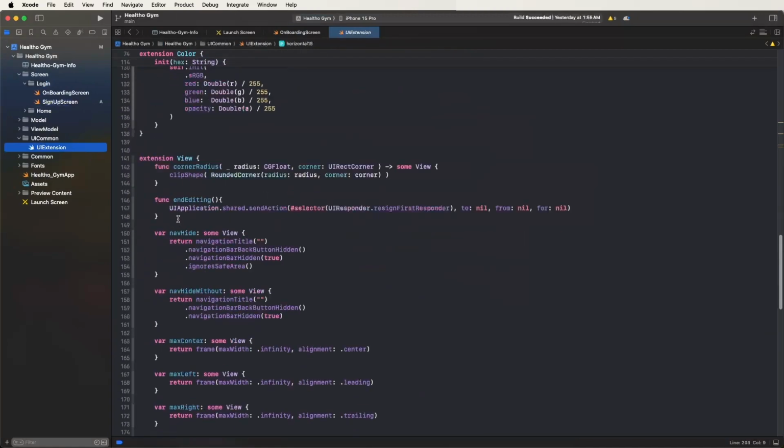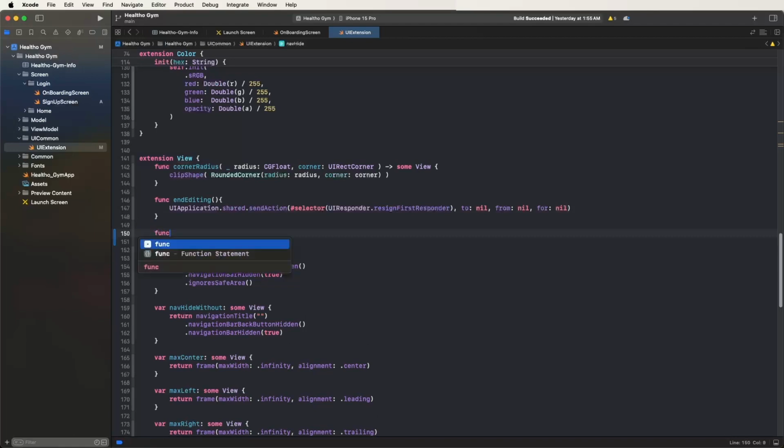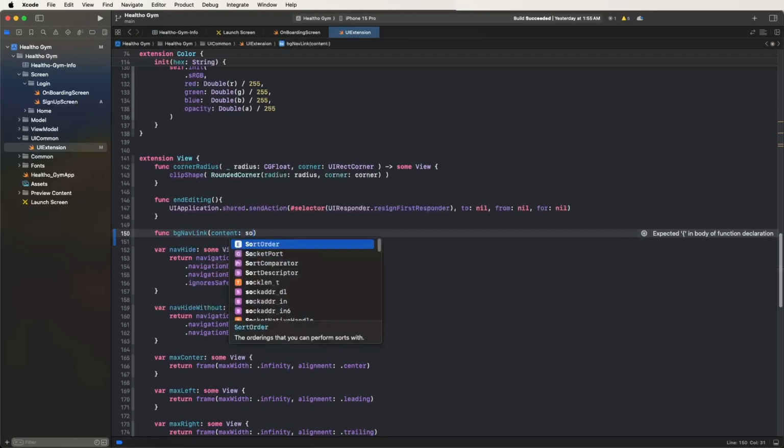We need to write one most important extension method for navigating from one page to another page, and this is the shortcut method of the background. Now first of all, we need to go here and write a function and give it the name bg new link, and set the title like this, bg new link. And now we need to give the content, passing here some view,